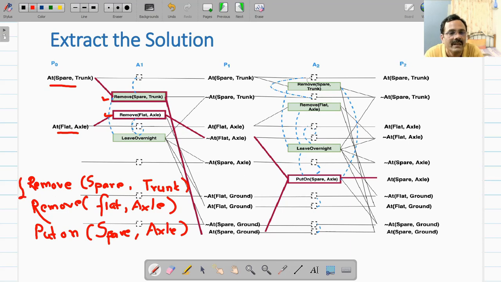So this is the plan the graph plan algorithm has written. The extract solution stage of the graph plan algorithm has written this particular plan.